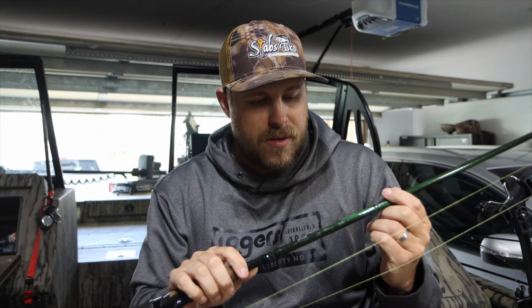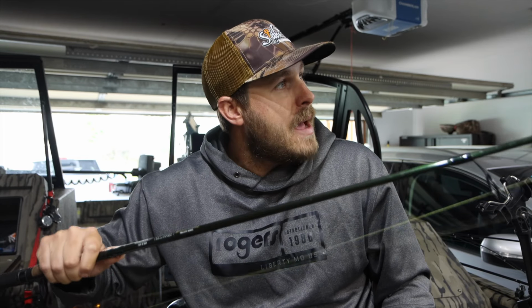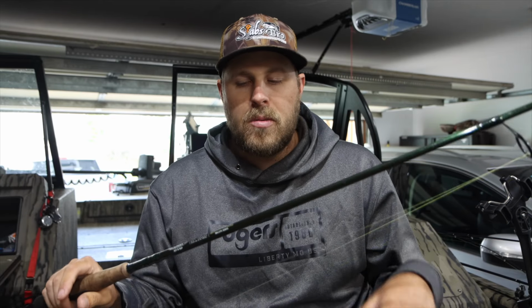This one in particular, though, it seems like it'll be better suited for some heavier duty stuff with some heavier swim baits and jigs and wraps and things like that. It just seems like this rod's got a lot more beef to it, and it's snappy and whippy. I don't know. This rod, it's a good jig rod. I like my Fenwick a little bit better, but